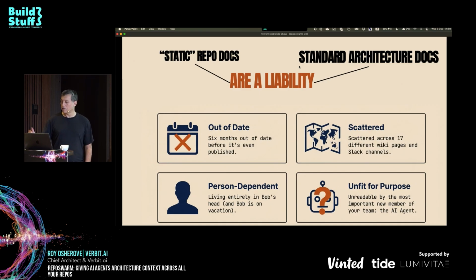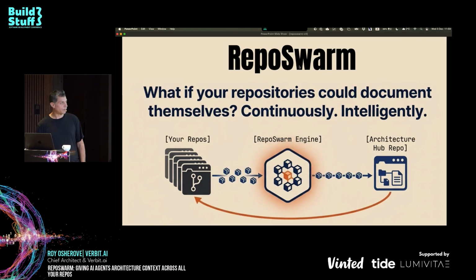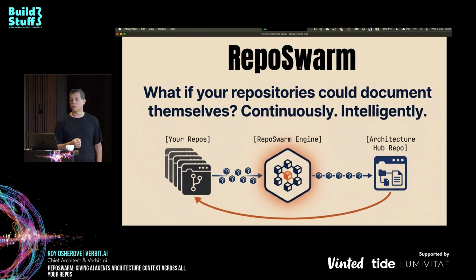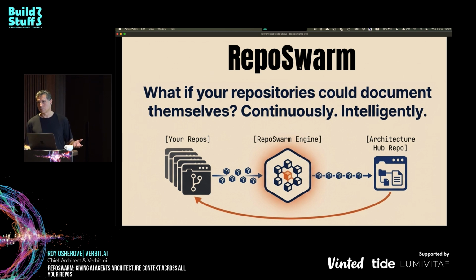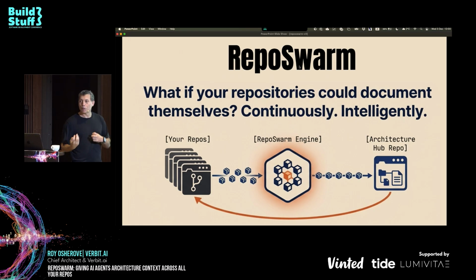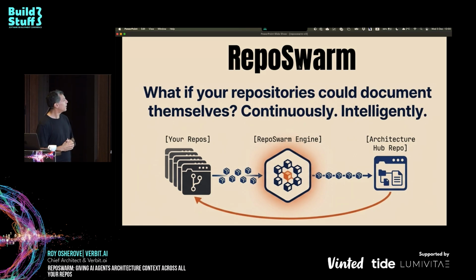So it's kind of a losing battle. And then at some point, when it's losing enough, nobody cares and nobody does anything about it. So at one of our hackathons at the company, we came up with an idea to create a tool called Repos Swarm. And the idea of this tool is to use AI to help us figure out this issue. So I built it for myself, which is usually the best reason to build something.